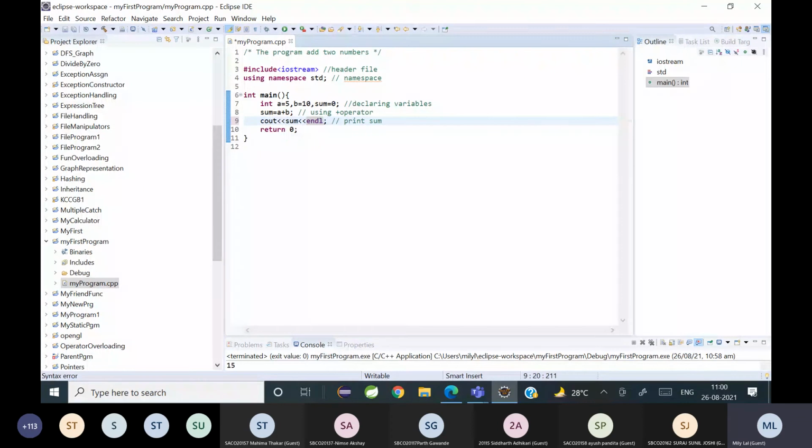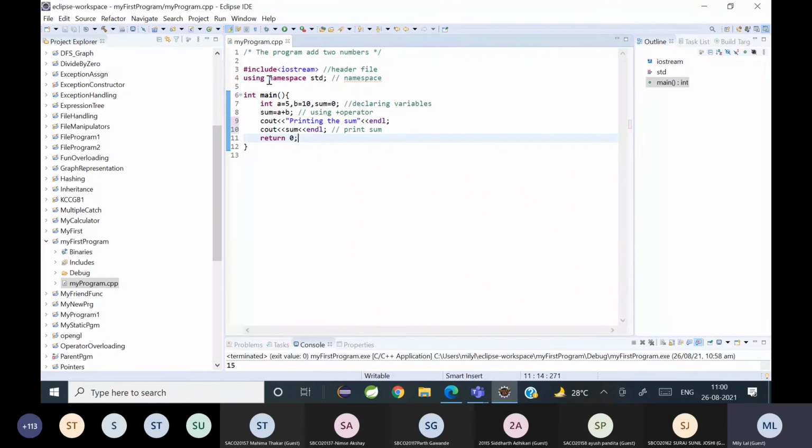Like this I'm writing cout, printing the sum, endl, and then I'm printing like this.